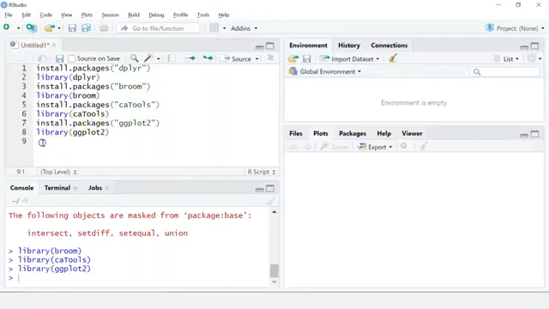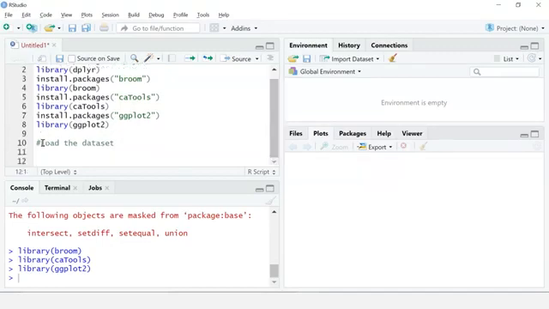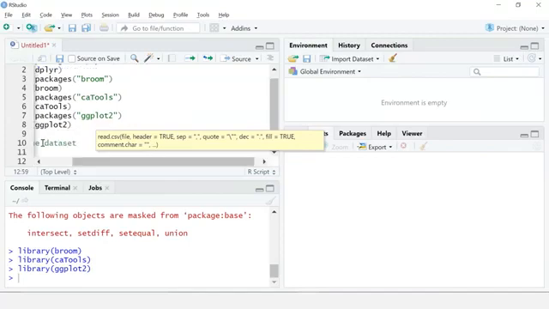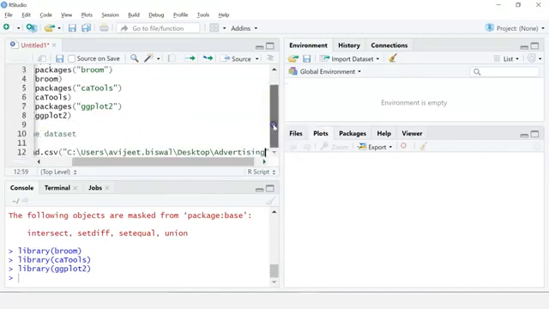I'll move back to RStudio and let me comment this line. Load the dataset. So I'll take a variable name ads and then using the read.csv function, I'll pass the path location where the dataset is present.